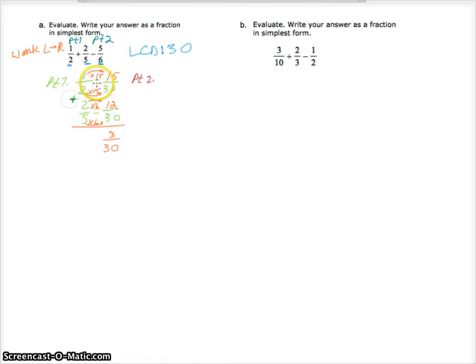So we need to change that to 15 plus 12. And 15 plus 12 is actually going to be 27. So make sure we pay attention. Even Mr. McAllister makes that mistake. So part 2, remember this was addition. So I needed to change that to addition. 15 plus 12 was 27. So part 2 is going to be 27 over 30